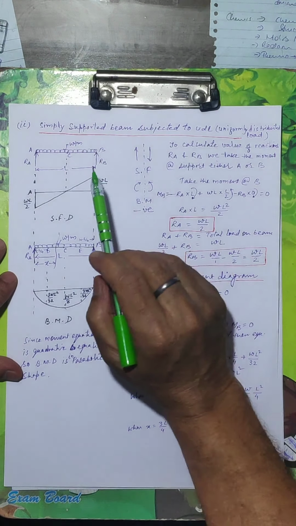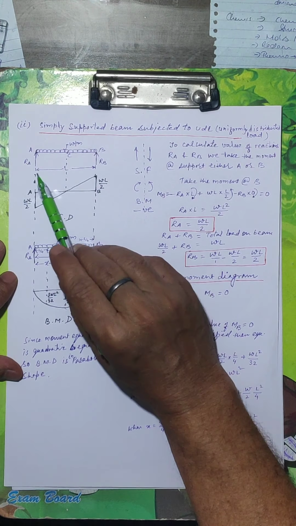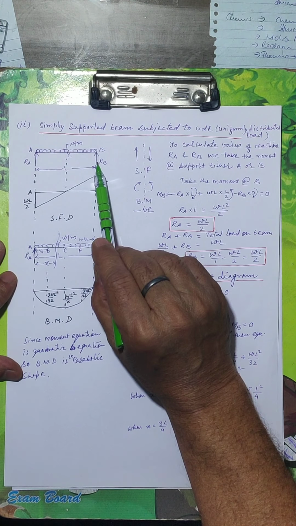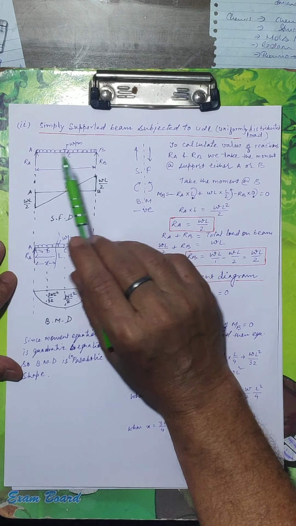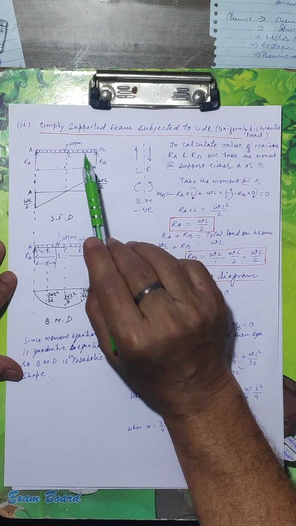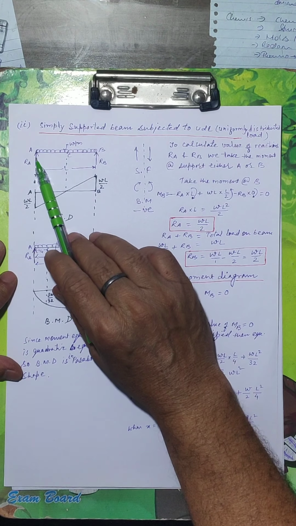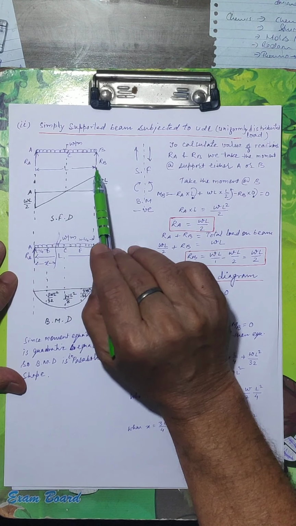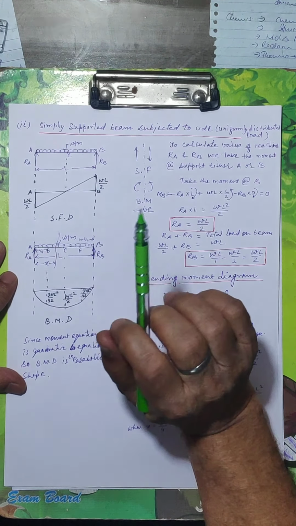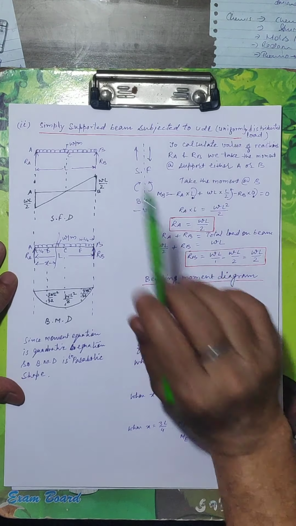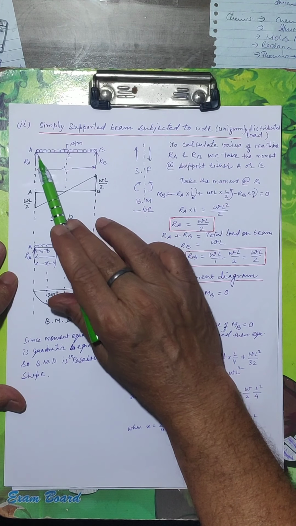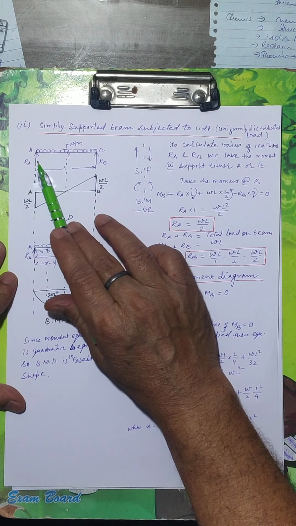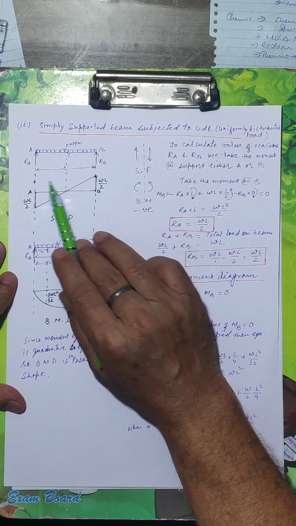RA और RB के लिए जैसा अपने को पता है कि क्योंकि सिंपली सपोर्टेड बीम है, सिंपली सपोर्टेड बीम में तो सपोर्ट्स पे मोमेंट MA और MB वुड बी इक्वल टू 0। क्यों? क्योंकि ये तो या तो ये रोलर सपोर्ट है या ये हिंज सपोर्ट है जहाँ की मोमेंट 0 होता है, तो MA MB 0। तो अपन क्या करते हैं कि या तो A के अबाउट या B के अबाउट, इधर सपोर्ट A और सपोर्ट B, वी टेक द मोमेंट।